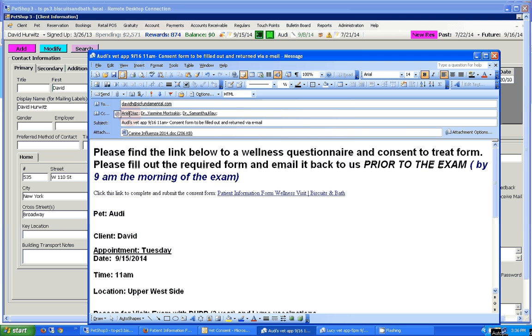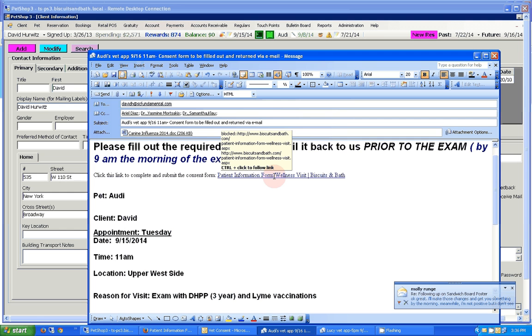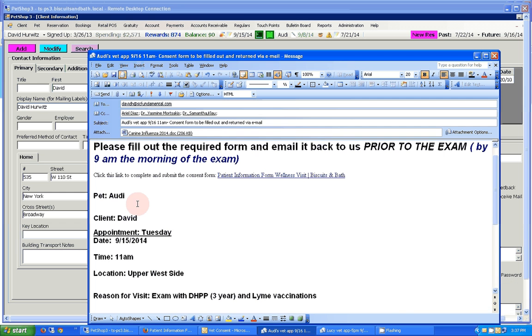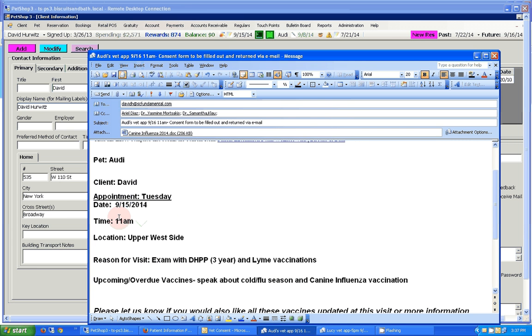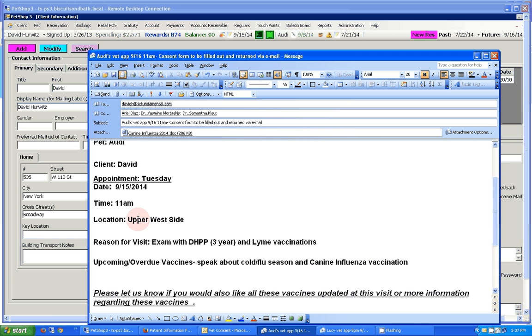You also must CC the veterinary tech and both doctors on the email. The subject of the email should include the dog's name, in this case Audi, the date of the appointment, the time, the attachment we discussed earlier, the link. Clients do not need to fax or to scan and reply, but only to click on this link and submit the information. And then the pet's name, client name, day of the week, date, time, the location, what's being conducted,